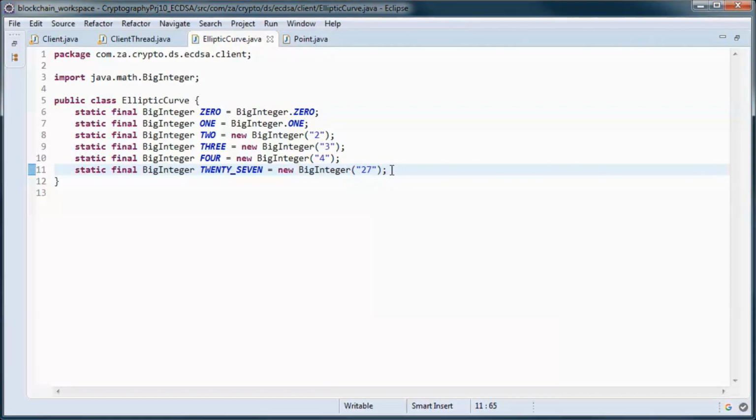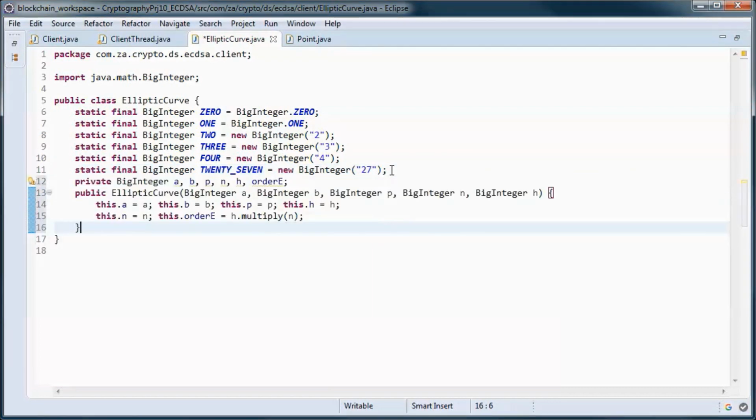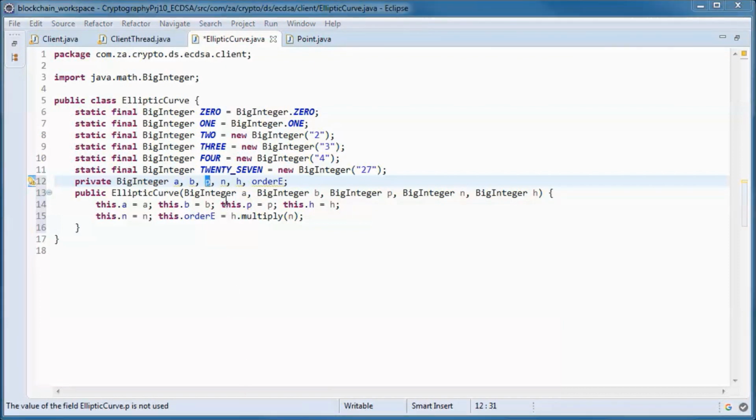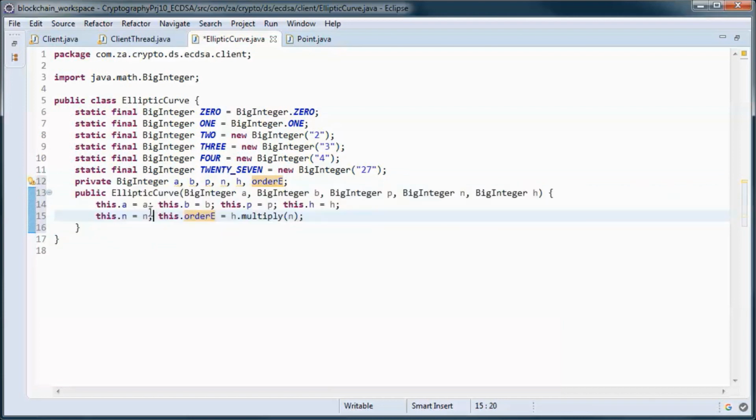and we will keep track of the curve coefficients A and B, and the prime number P, and the number of points in the cyclic group N, and the cofactor H, which is the order of the elliptic curve over N, and we will initialize those in the constructor.